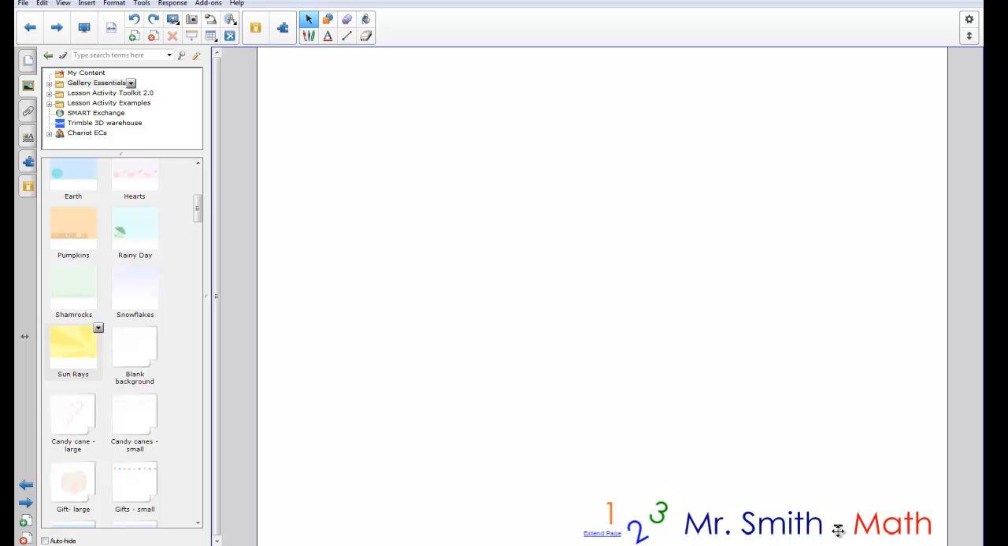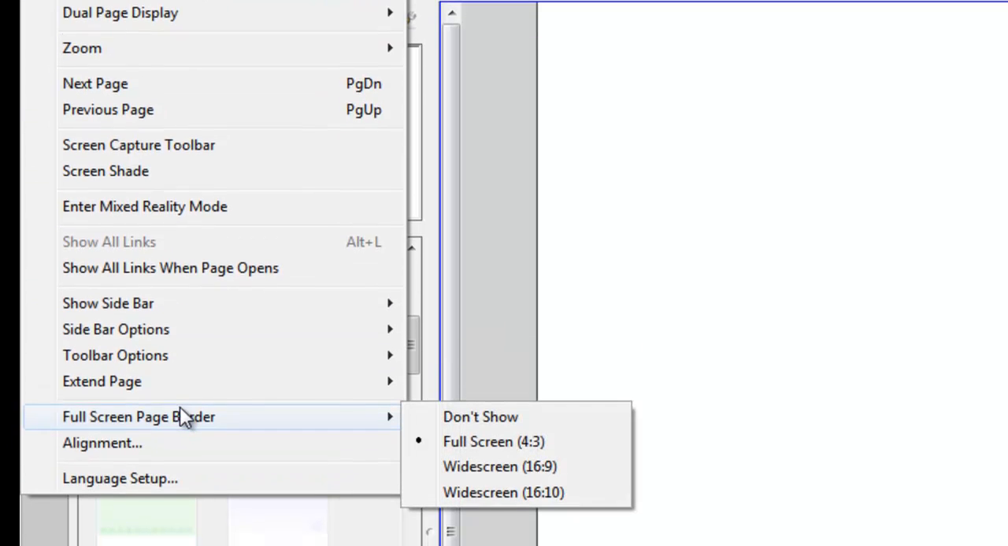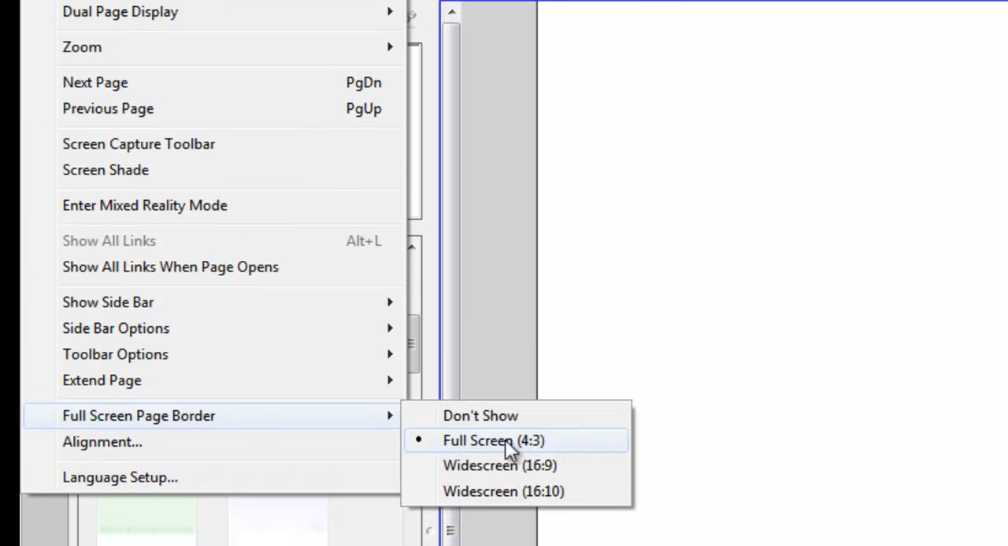I also like to have on my page something that shows me where the bottom of the page is, because I want to know where to stop creating content so it'll fit nicely on a full screen page. So one thing you can do here, if you come up to view, come down here to full screen page border, I'm going to put on the full screen page border for 4:3. So if you've got a standard 680 or 880 smartboard, that's the one you want to use if it's not widescreen. If you've got a widescreen smartboard, like say a 685 or an 885 that's widescreen with a projector,